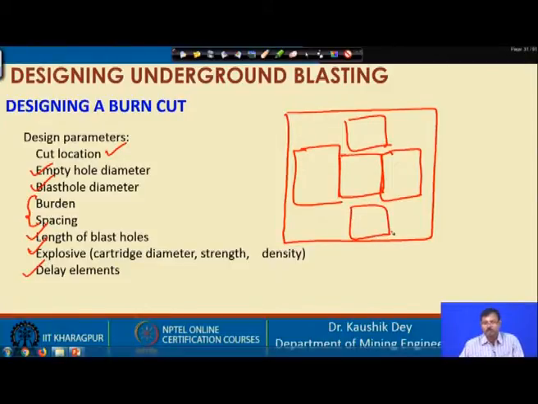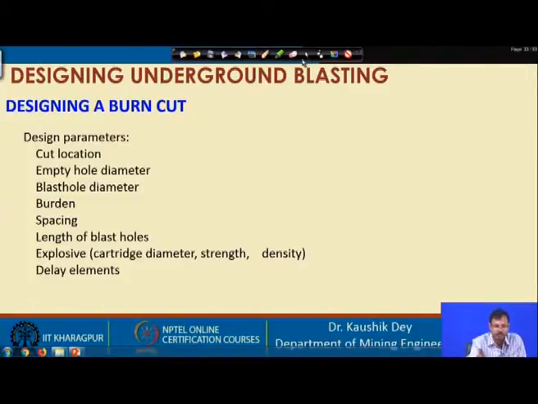So, n number of options are available, and as the cut area has the largest concentration of explosive, it is wiser to move the cut area in the repeated round. If in the first round the cut area is at this place, in the next round we should have it at this place, then at another place in the following round. Like that we can change our cut area to different places.